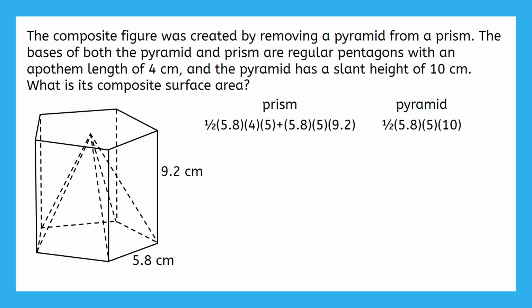To find the total surface area of this composite figure, now all we have to do is just add these together. We can put this whole big expression into a calculator to get our final value. Pause the video and do that now. Your calculator should have given you back 469.8. Make sure you add your units label of square centimeters, and then you got our final answer.